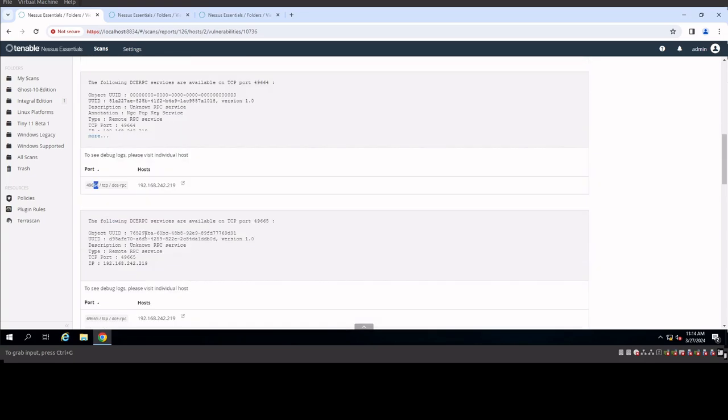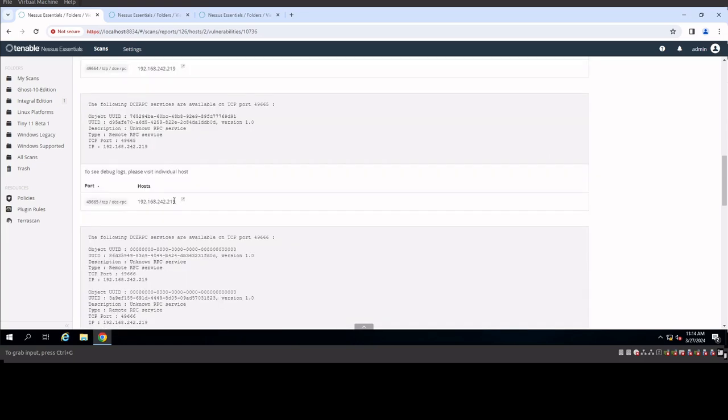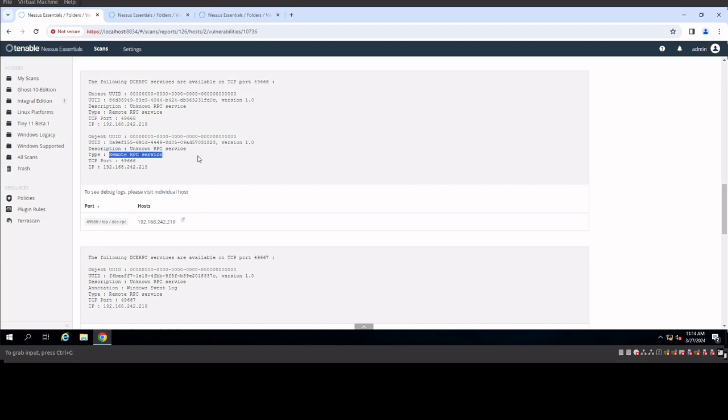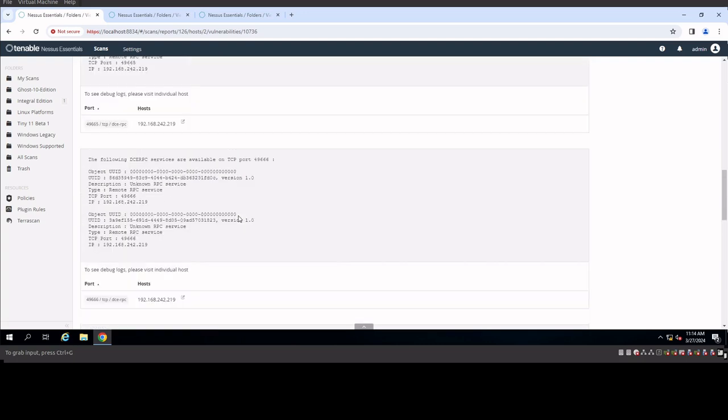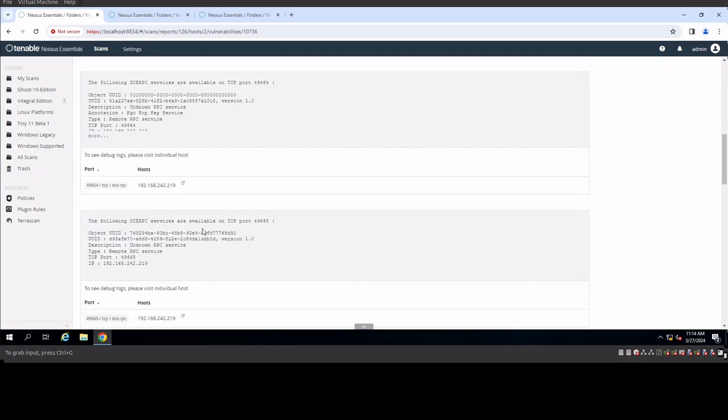Our series of ports. And if we look at these specific things, we could see this is the RPC service again, and we have the RPC service again, and so forth. The problem is the description on these particular things are considered unknown RPC services. So some of these are actual legit, right? So we got Windows event log. That's a known. But right here, where we have an unknown RPC service or an RPC service, is not generally